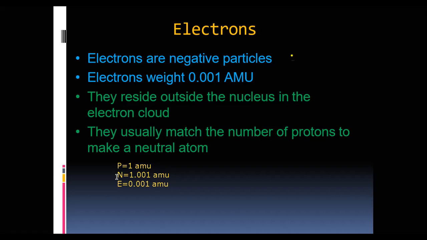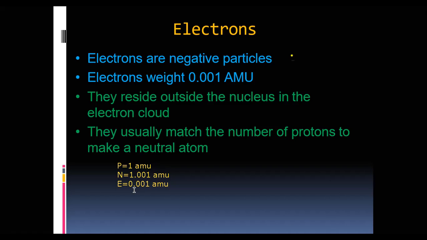fundamental particles, atomic subparticles. The mass of one proton is 1 AMU. The mass of one neutron is 1.001 AMU. But the mass of an electron is 0.01 AMU. Atomic mass unit. But if we compare these three, proton and neutron have higher masses and electron has very